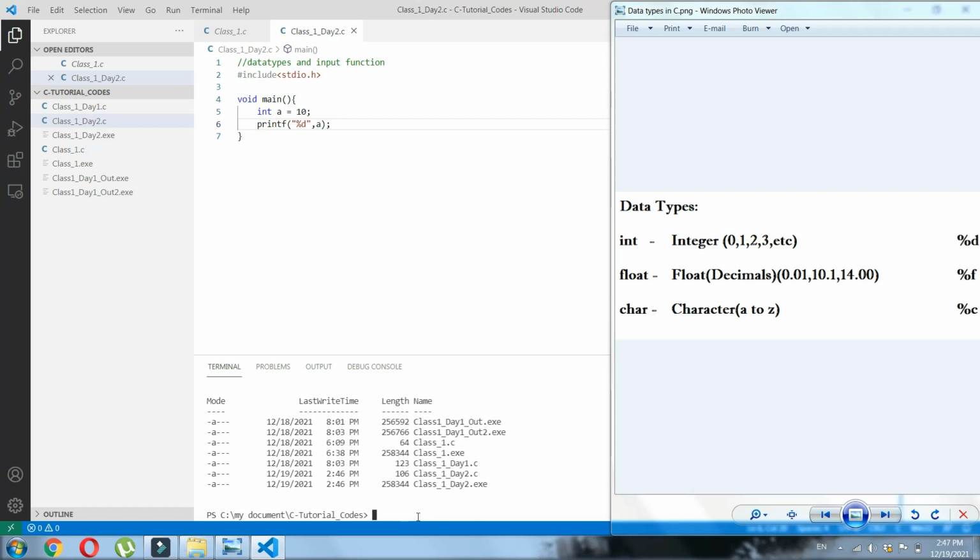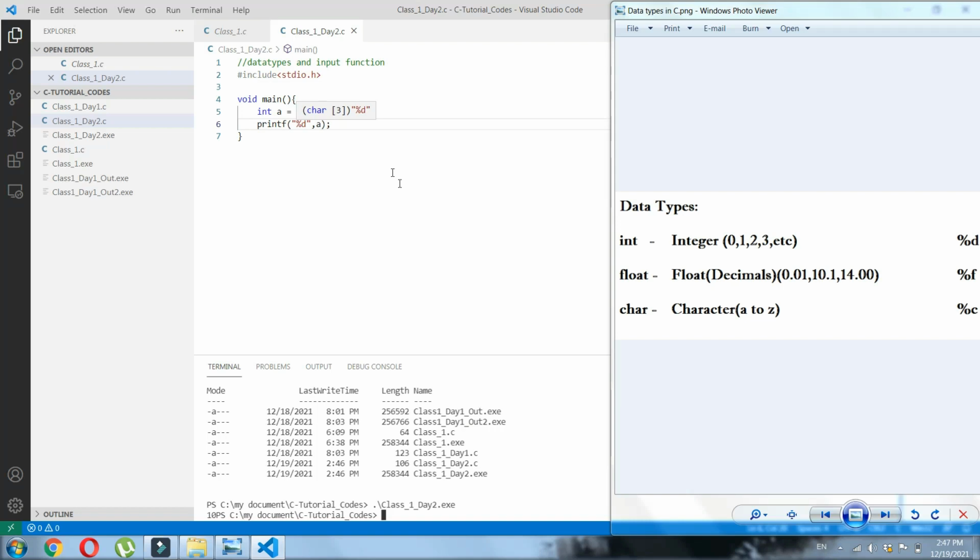So let's execute it using the command dot backslash class 1 day 2.exe. Here you could see it is printing.